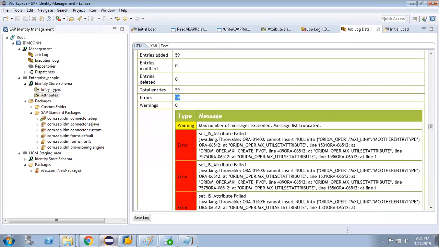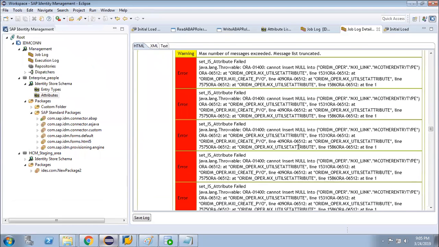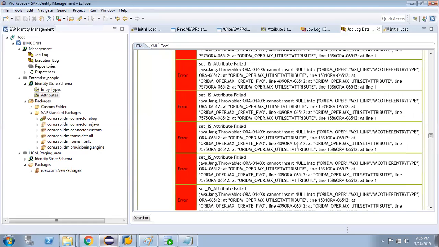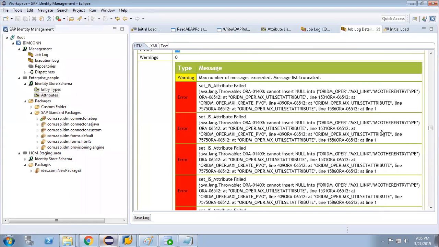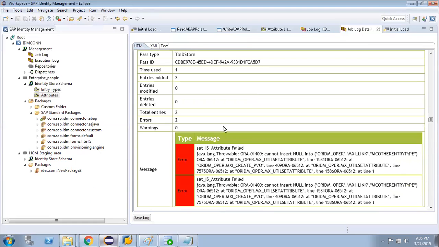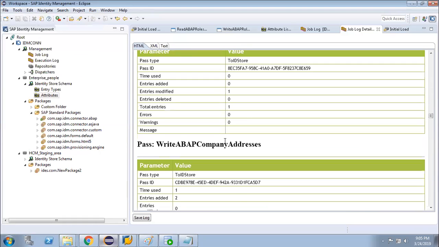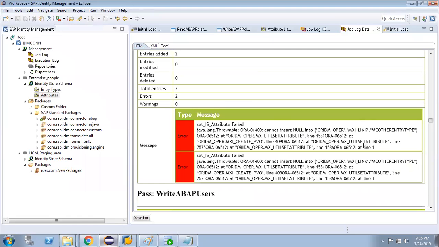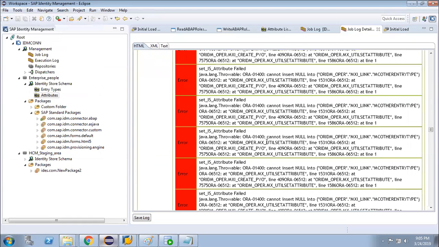So there must be some error: cannot insert null. We will analyze why it is not written. The backend systems user is not written. Okay, this is another area, write company address. This is fine. Maybe no company address is present, or two company addresses which is not required.